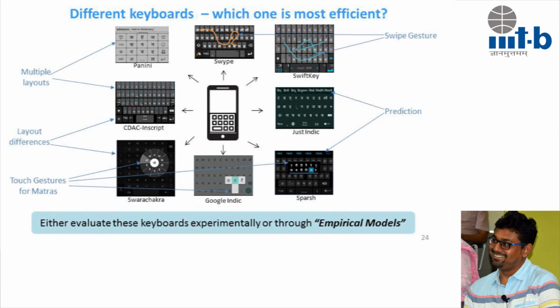One of the ways we tried early was to experiment one by one with all of these keyboards, but there was no end to it. And when you end up having such problems, as I spoke to you earlier, we tried simulations. If you can create models of how people would type, probably given a new layout, I can find out how efficient that layout is.